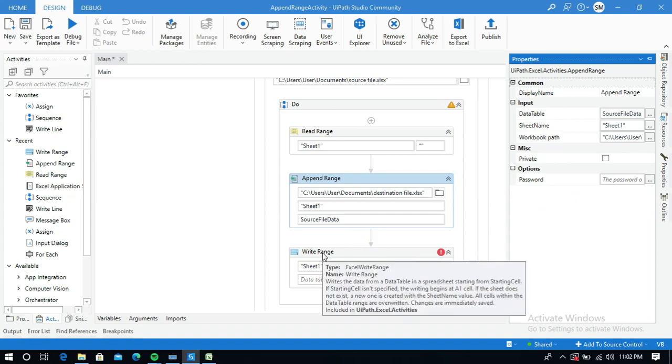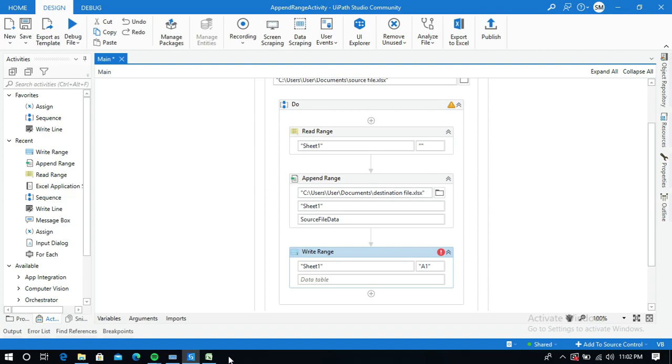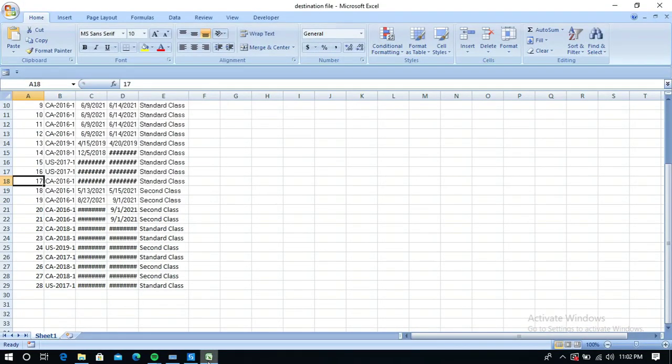You use the write range activity when you need to override the existing data in this Excel, or when you need to add the data between these rows or at a specified location or position.